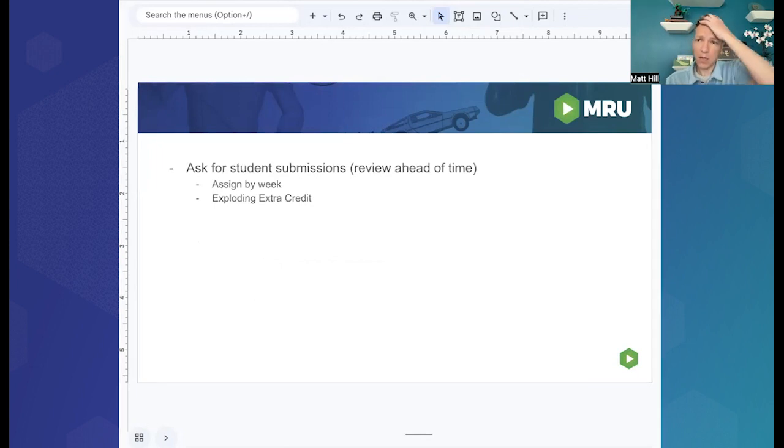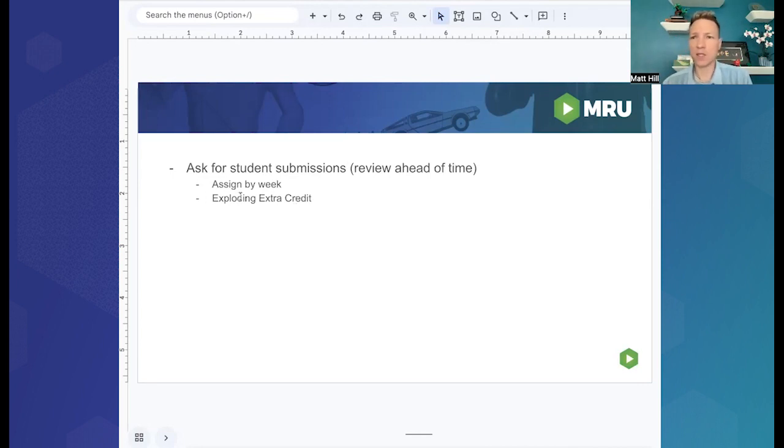Okay. Now, you can also ask students to submit articles. Throughout this talk, we've said you're bringing the articles to the students, but the students can bring you the articles or send you the articles. The way you can do this is you can assign students to a week, because if you just make this assignment throughout the semester, the students are all going to do it at the end of the semester. So you can say, hey, it's your week to find an article. You can make it extra credit. Again, if you make it extra credit, you may get it all at the end of the semester.